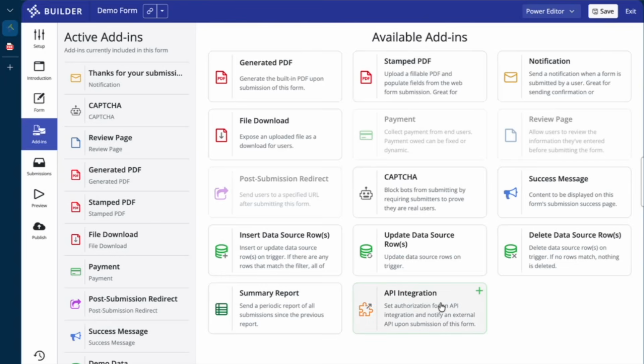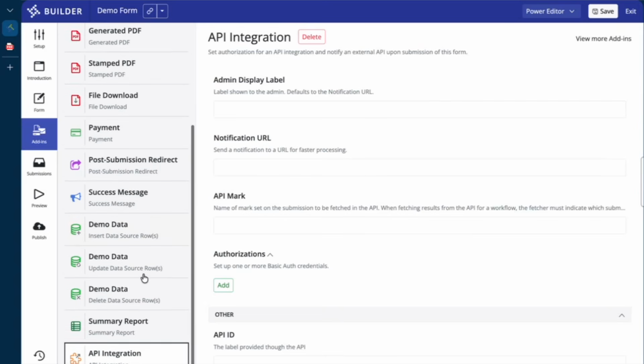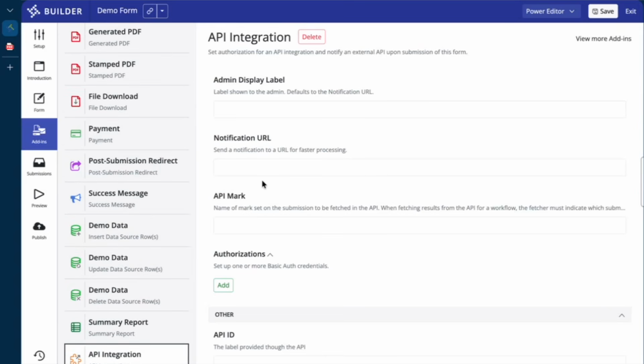And then finally, API integrations. This one's kind of a heavy hitter, so I don't think I'll be able to talk too in depth on API integrations here. But this essentially is how you would be able to take information from the Engagement Builder solution and put it into an external service after a submission has been